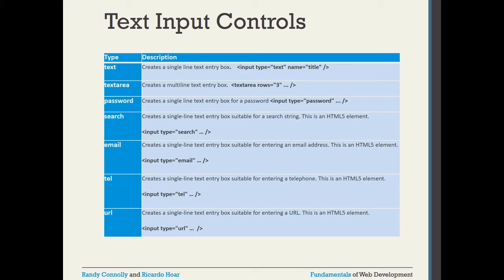Next are the input controls. How many kinds of input value can you take? First thing is input type equal to text, which creates a single-line text entry box. Another thing, just now I told you about the textarea. In a textarea you can fix the size also, meaning how many columns and how many rows you want. Whenever I show the demo, then you can see.